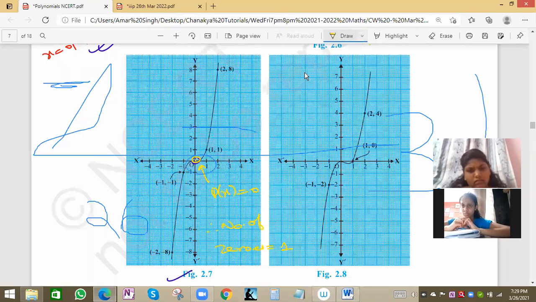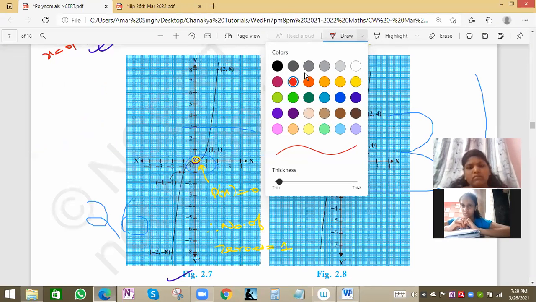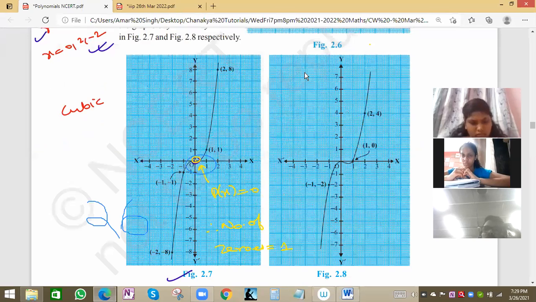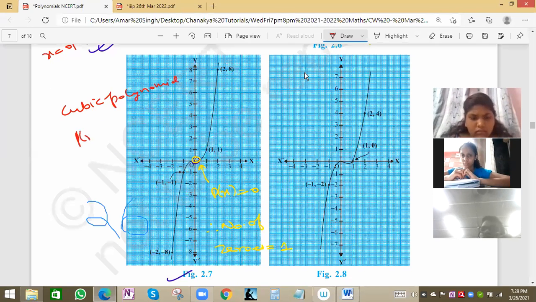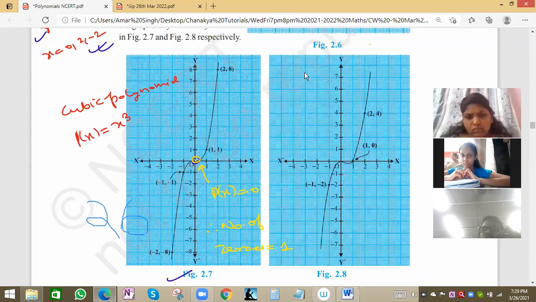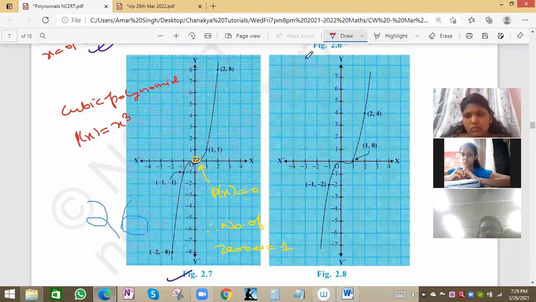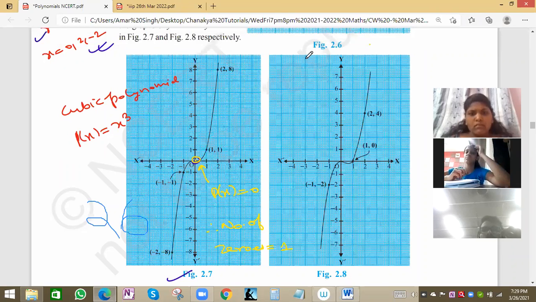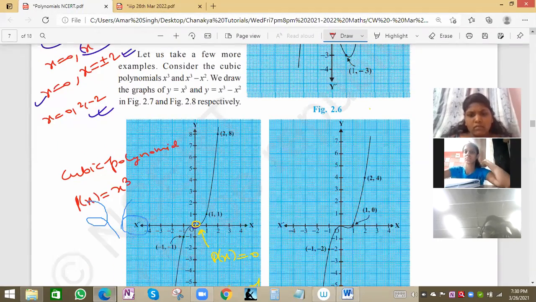Also, we can see this will be a cubic polynomial again, and P(x) in this case will be x cube. They have drawn the x cube graph. Second graph, second answer: 2. Okay, fine, Xavier and Steve, Samarth also correct. Fine. So P(x) will be x cube. They have drawn the x cube graph, because we can see this was the first one, x cube. We can also see from values.